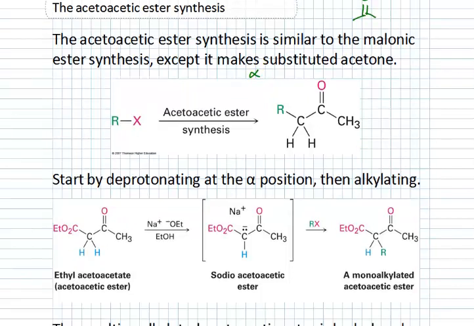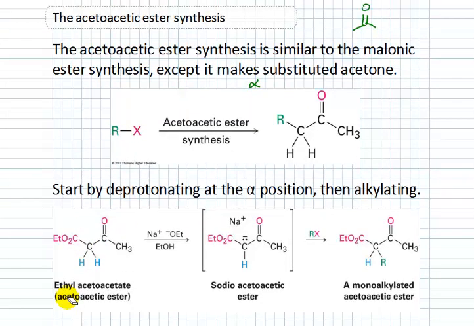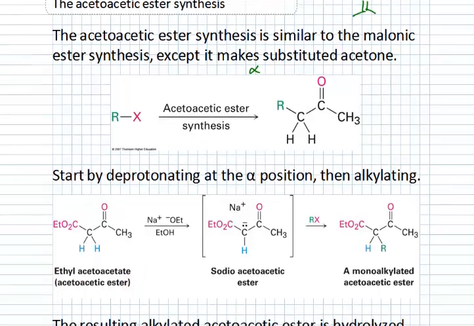So, let's start with this. Our starting material in the acetoacetic ester synthesis is ethyl acetoacetate. Okay? Why is it called ethyl acetoacetate? If I had just ethyl acetate, it would be EtO, C double bond O, CH3, like that, right? EtO, C double bond O, CH3. That's ethyl acetate. Ethyl acetoacetate, or acetoacetate, I don't know how you want to say that, has an acetyl group,